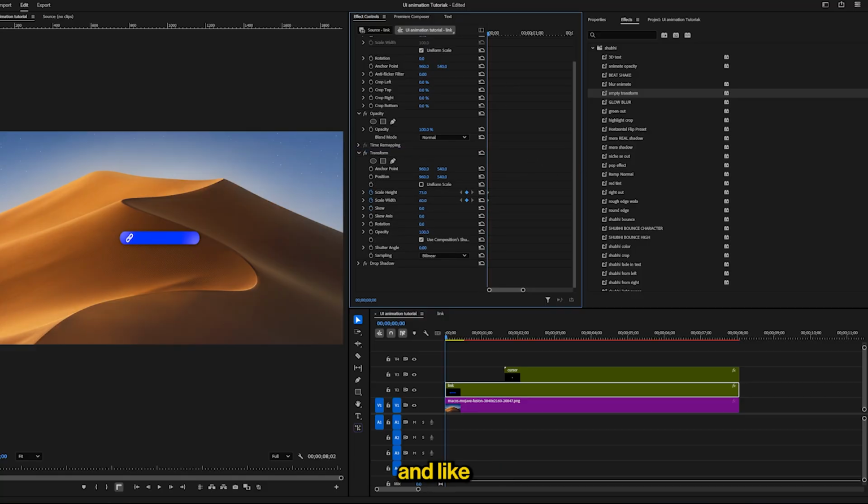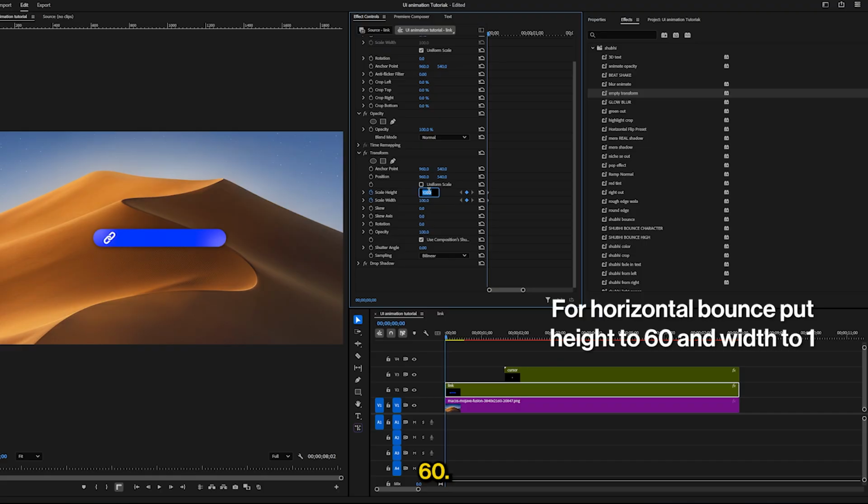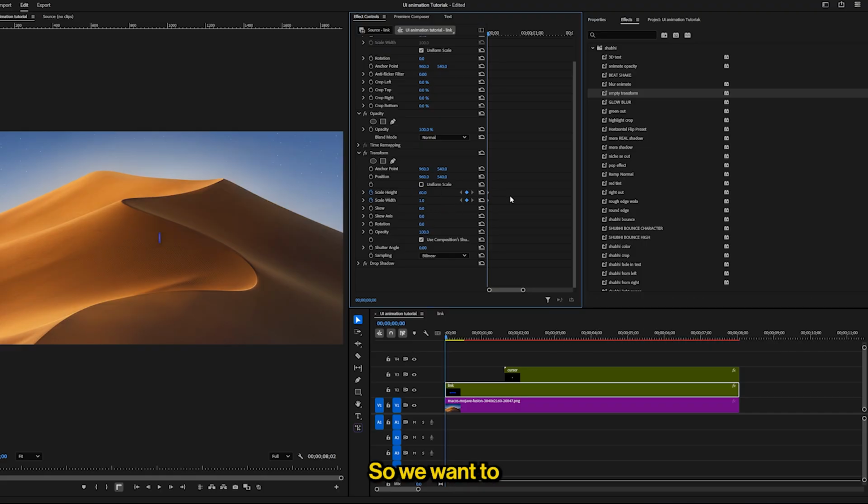And put this on 1, put this on 60, this to 1. So we want to create the side bounce animation. Move 5 frames further, 110. 5 frames further, okay, 98. Again 5 frames,